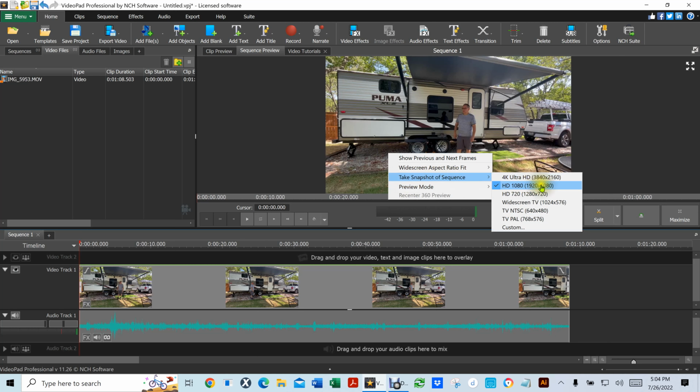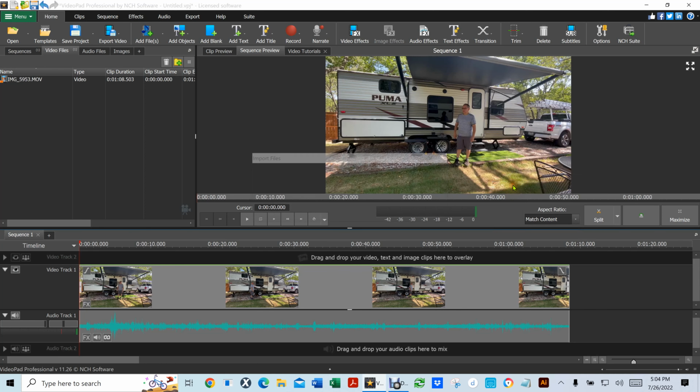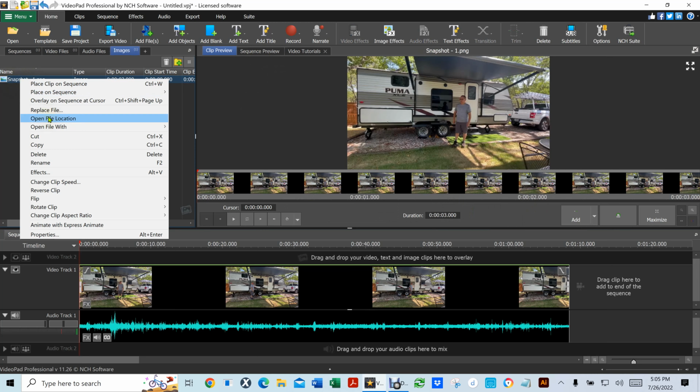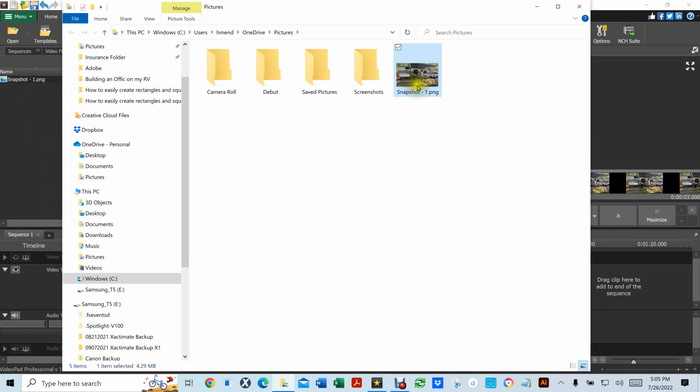I'm going to select the 1920 by 1080 format, and what you'll see on the left hand side is going to create an image. You see how it created a snapshot. At this point, I can't drag this and put it on my desktop because it's being used by this program. And even though I can right click on the image and open file location, it still is not going to allow me to drag it out of here. So what I'm going to have to do is